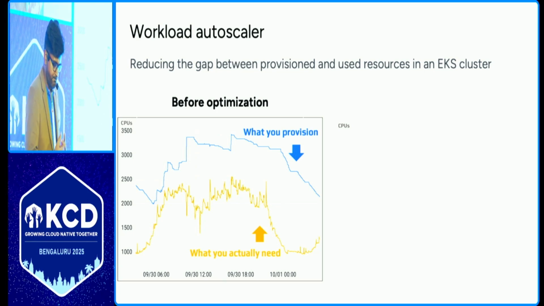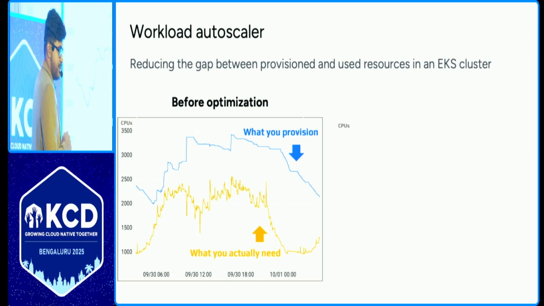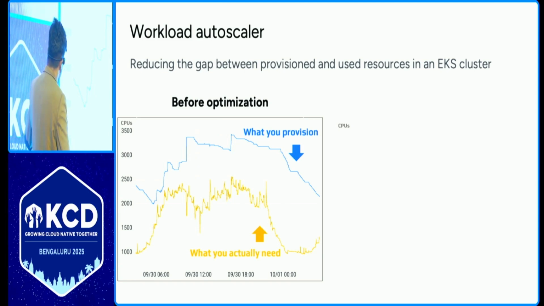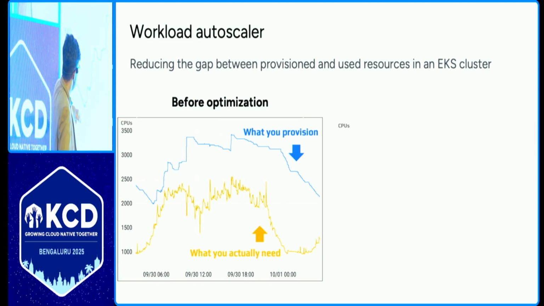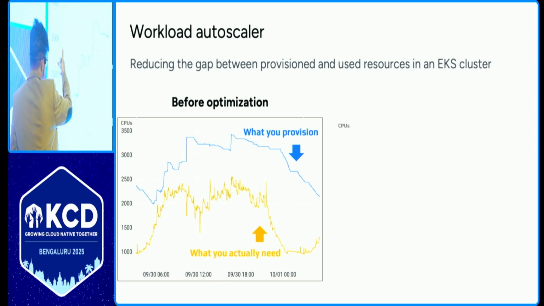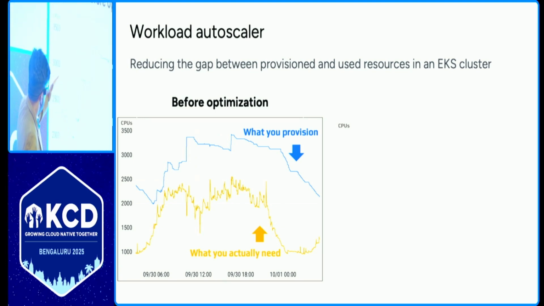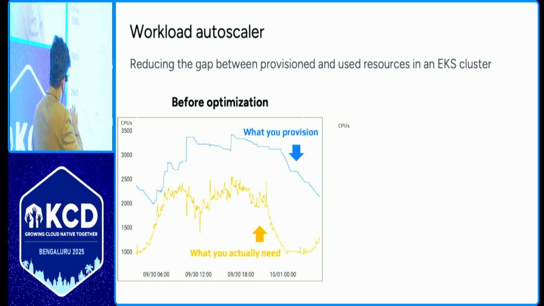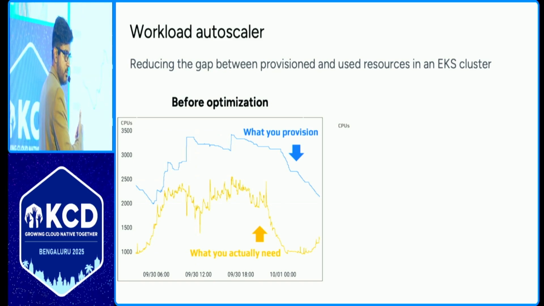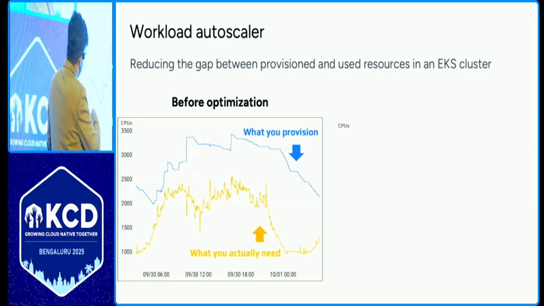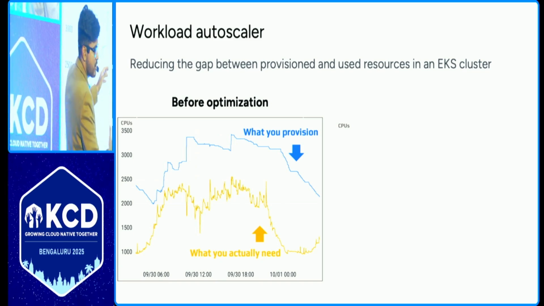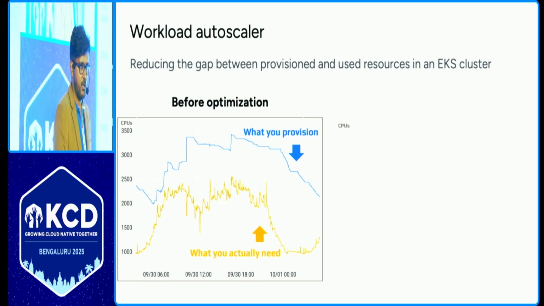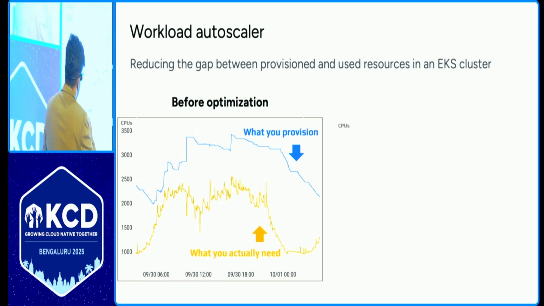You see the blue line? This is what you're paying to the cloud provider. So this is the CPUs you have in the system. You are low here somewhere down the line, but when usage rises, the autoscaler typically adds capacity. So it's adding it, which is good. We need capacity, we are adding it. But what happens in the afternoon time? It's not going drastically low. It's out of shape now. And the same trend follows, and at night slowly it's going down. I'm not saying the autoscaler will not cut down this capacity. The time matters. Let me give you an example.